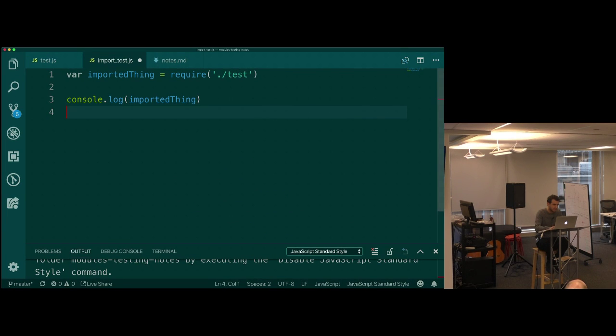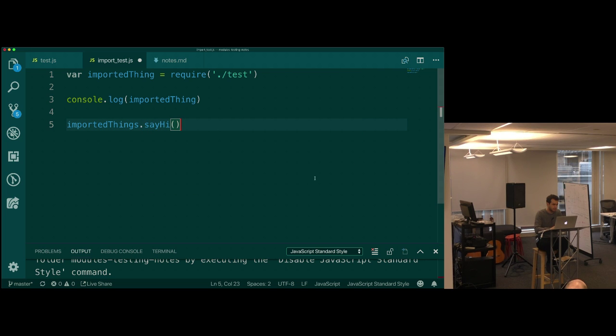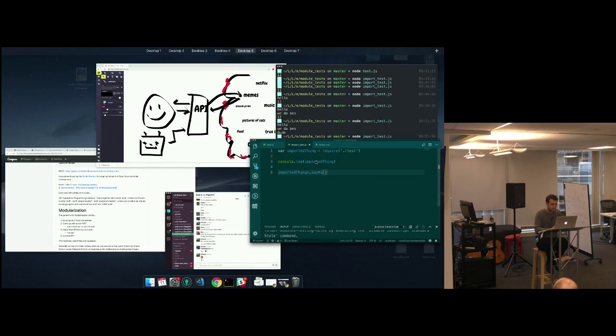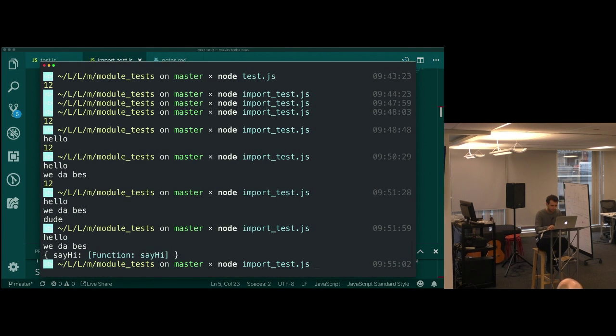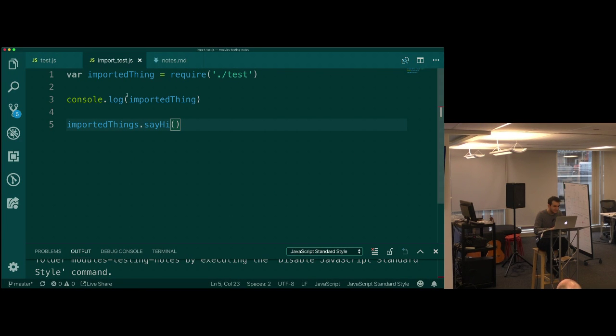So I could run it if I wanted to by going imported things dot say hi. I'm accessing that method in there. Imported things is not defined. Oh, because I called it imported thing instead of things, typo.